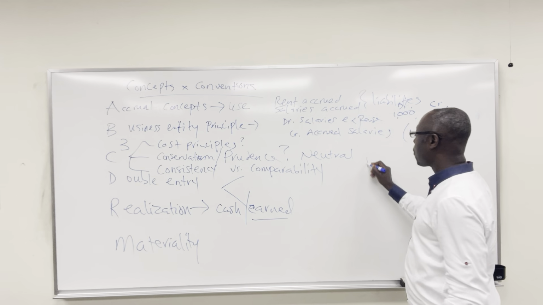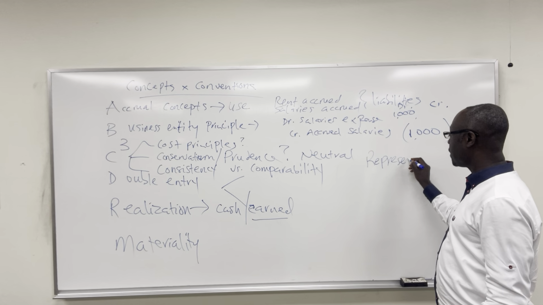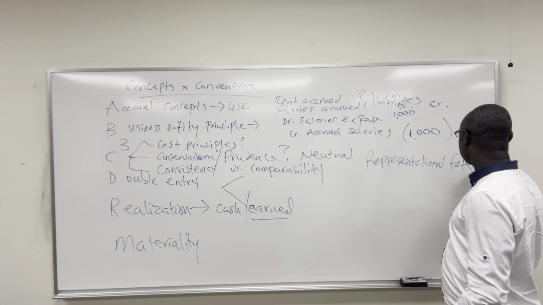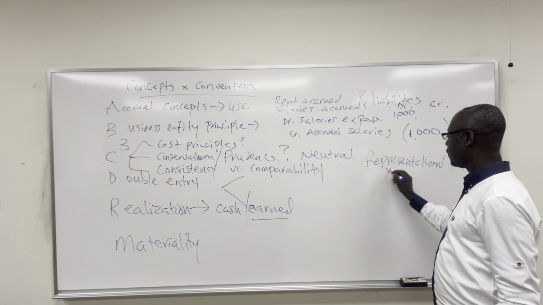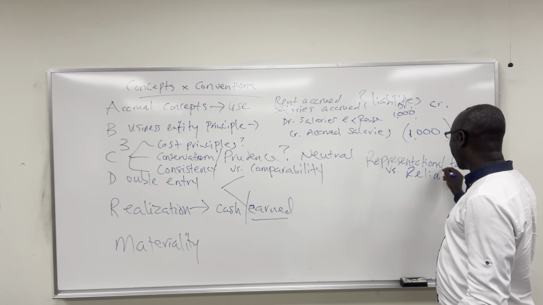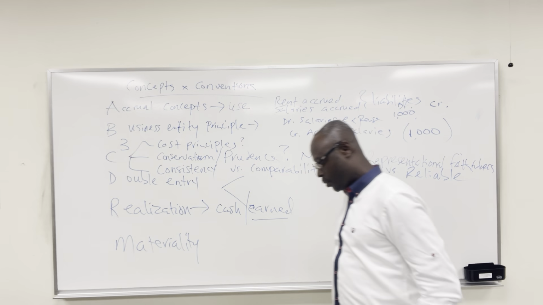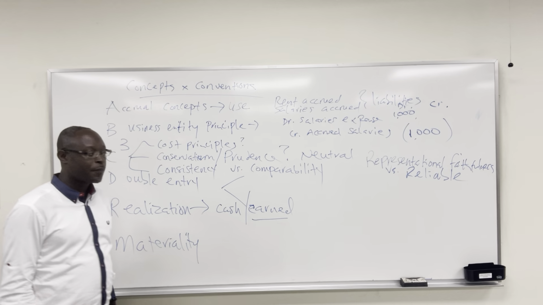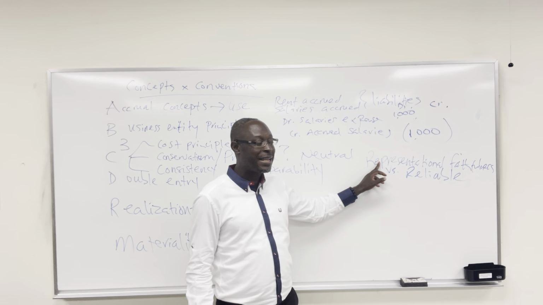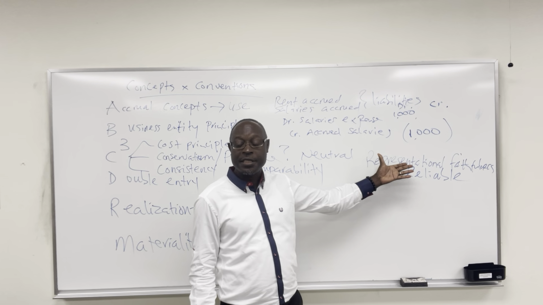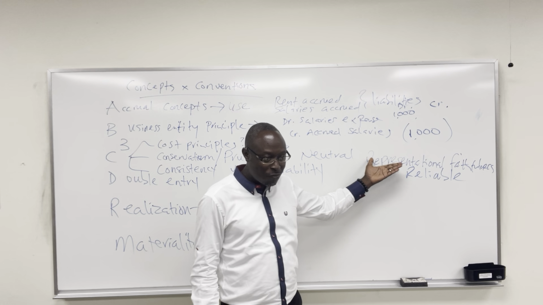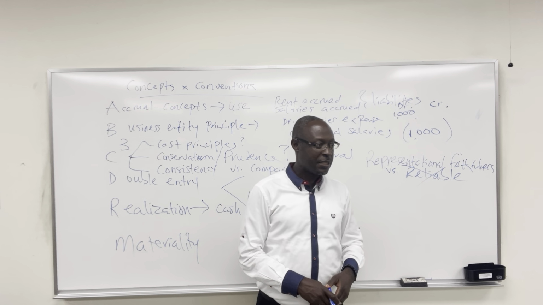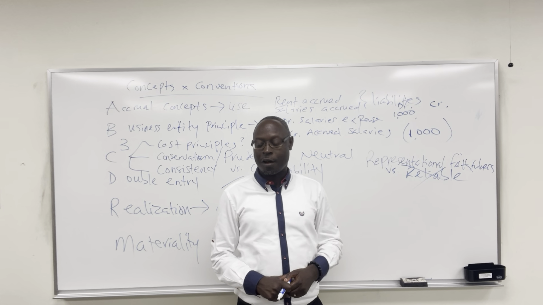Now, we talk about representational faithfulness. Instead of reliability. If I say the word reliable, some people think, oh, reliable means, well, it's 100% true and all of that. No, that's not what it means. We want you to tell us information that is a faithful representation. It's the truth based on all that you know. Doesn't necessarily have to be reliable. So we kill reliability and we put in representational faithfulness. Does that make sense? Or faithful representation.